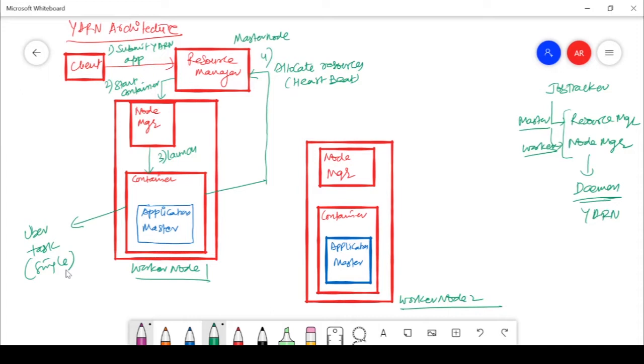Now, if the application is quite big and needs more resources, and the containers from the worker node are not sufficient, it needs some more containers from another node. So the resource manager will start allocating those as well. From this point, it will ask the node manager, the fifth point I can write, to start a container, because the resources are not sufficient on the worker node. So this node manager will launch the remaining required resources.